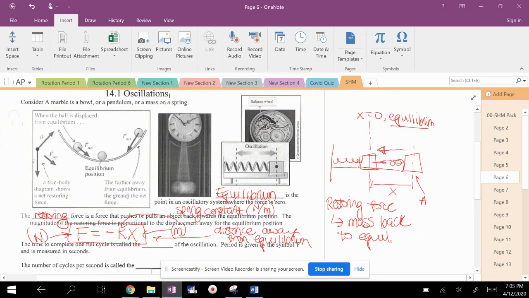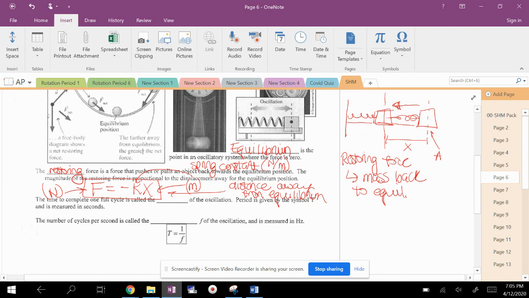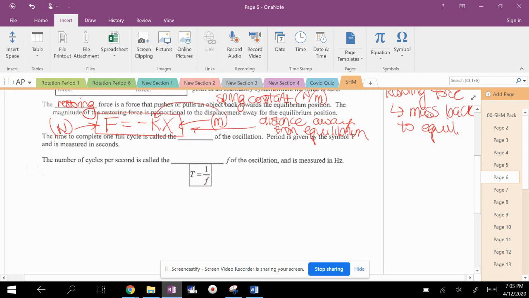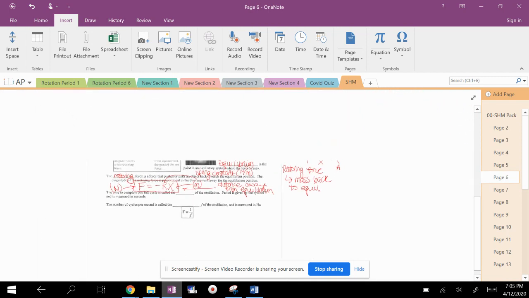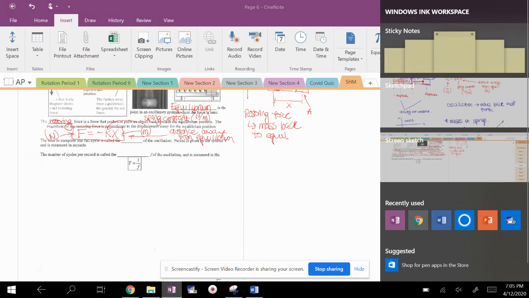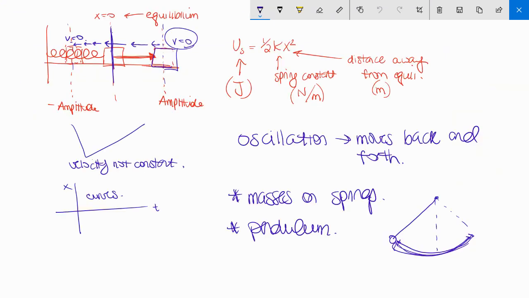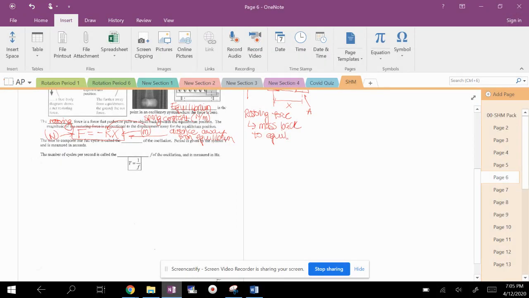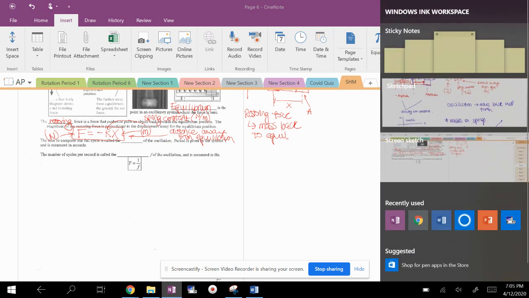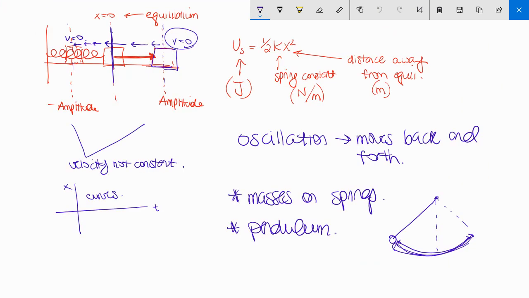So going back to my original picture, and I'm going to go back and forth. I'm not sure if you guys have blank space on your pages. I write pretty bubbly, so this is not enough for me to work with. Well, actually, I can draw it back here, but my original picture was over here. So the first thing it says is a time to complete one full cycle. Okay, so let's talk about one full cycle. What does that even look like? So using this original picture,